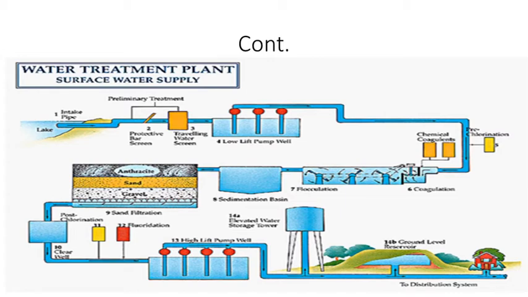Okay, so this is all about the cost concern. Installation cost is high and operation and maintenance cost is low in the case of a slow sand filter, and installation cost is low but operation and maintenance cost is high in the case of a rapid sand filter. Now, if you are considering the efficiency, which filter is most efficient, either the slow sand filter or the rapid sand filter?